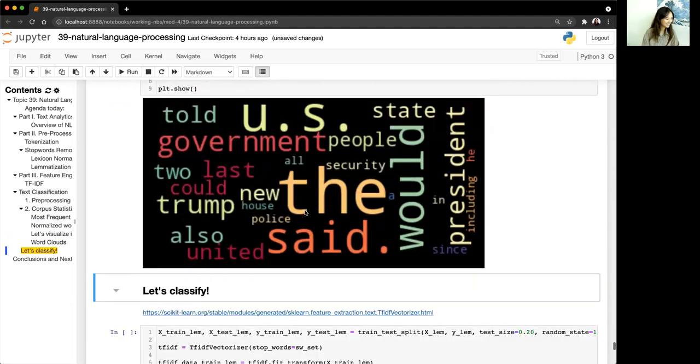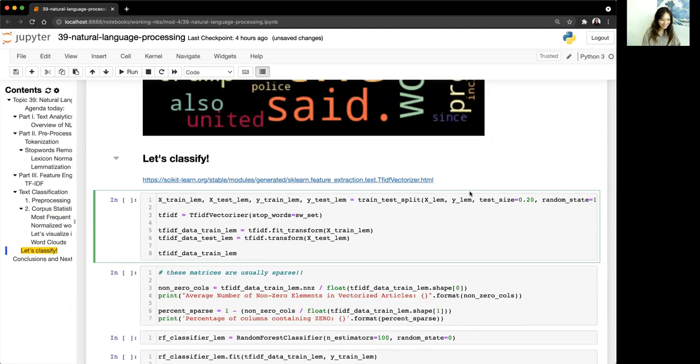Okay, so now to classify, this is our machine learning process. I'm doing my train test split. Of course, here I've made it difficult for myself by just naming it a bunch of different things. I do want to show you all Tfidf Vectorizer's documentation. The count vectorizer documentation is very, very similar to this as well.